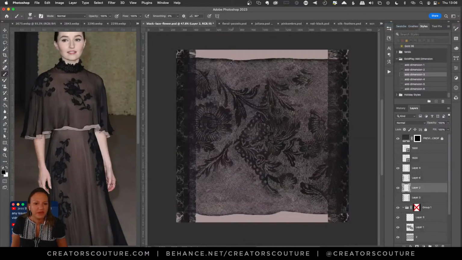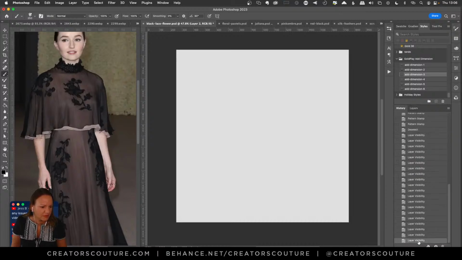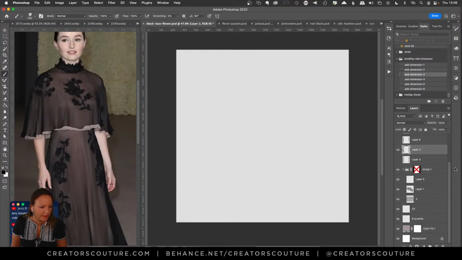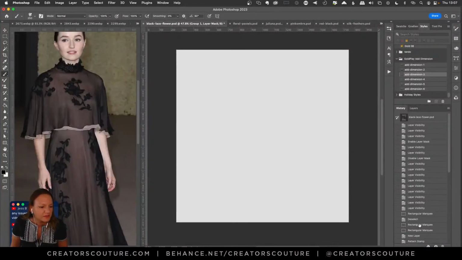The black lace flower. And so I just put a, oh, where did everything go? I hid everything. That's annoying. Okay, history.